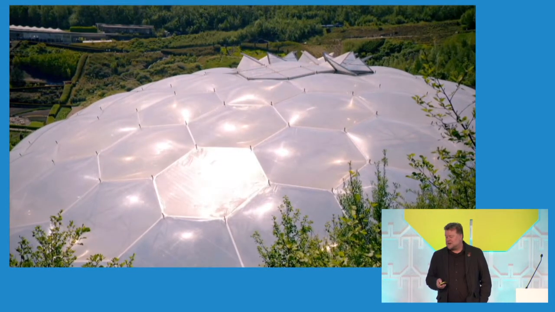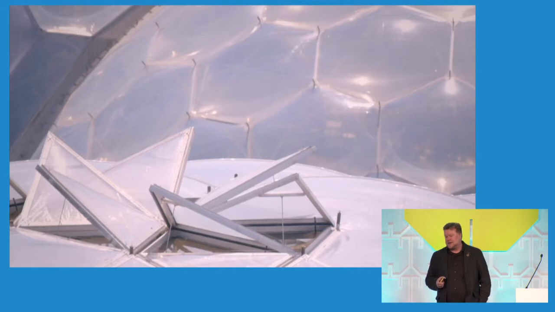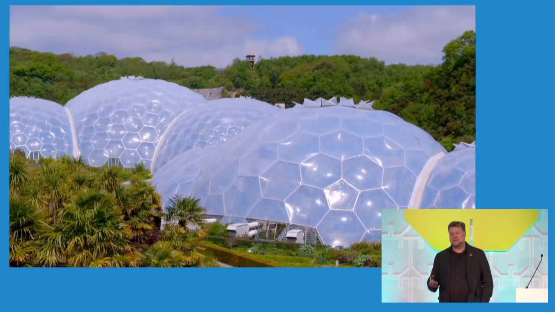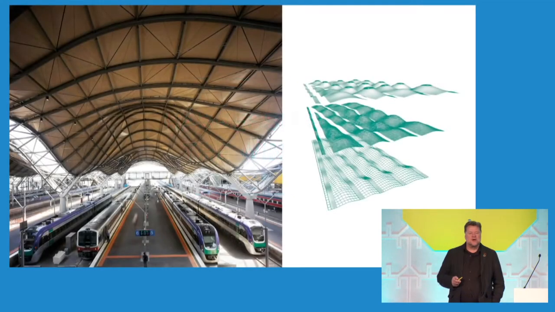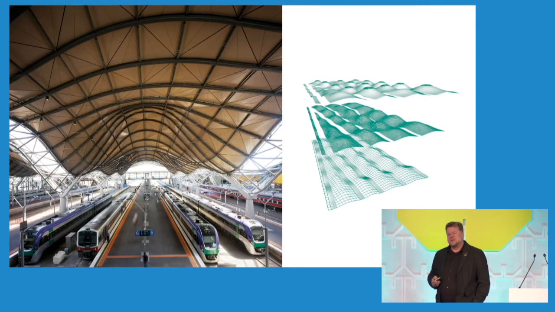So, harnessing the wind, again, I think this demonstrates how you can do something using natural resource that actually removes things. So this was a project in Melbourne, and the government reference scheme was to basically create a building with lots of plant and equipment on the roof, that would do the ventilation and deal with the heating and so on. And we realized that there was a couple of,